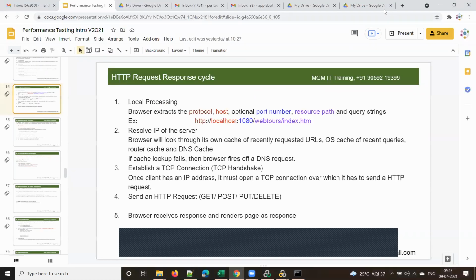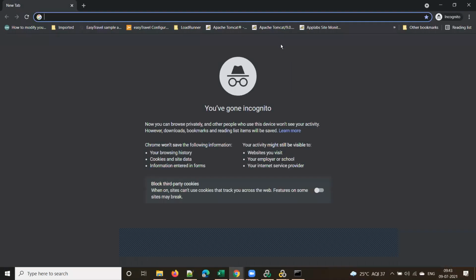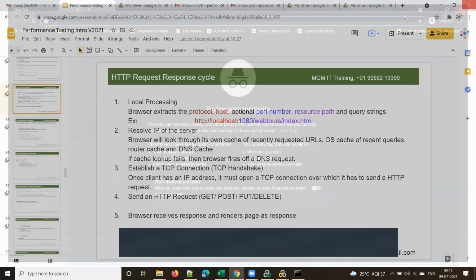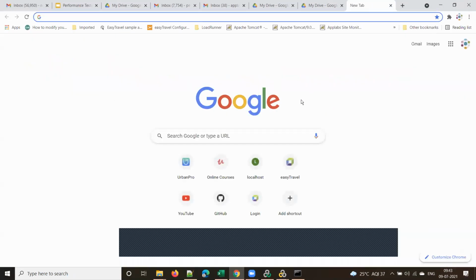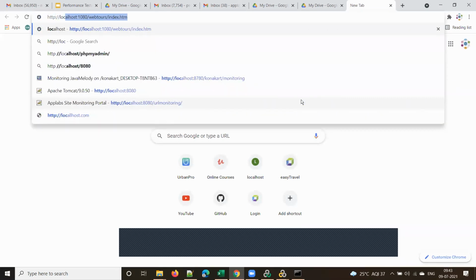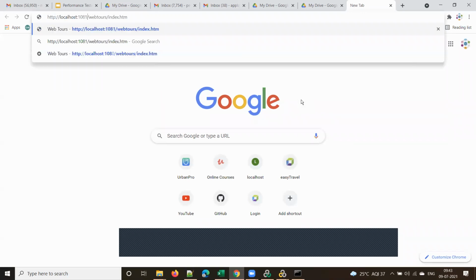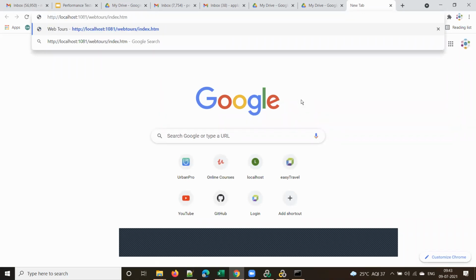Let me explain that with an example. We'll send a request to our web server. Everyone has the sample application installed, and this is the URL, localhost. I changed the port number to 1081; on your machine it will be 1080.